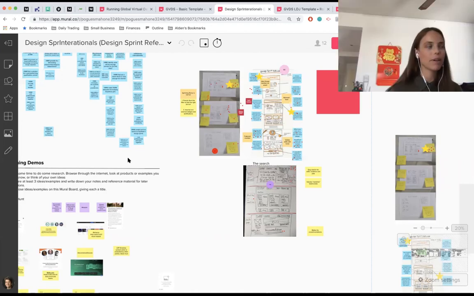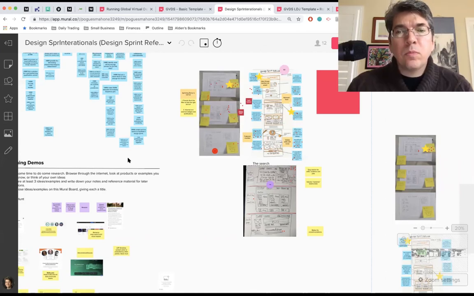But besides using a webcam, I would say giving everyone access to actually contribute their own ideas, be able to see their ideas up there, be able to interact with other people's ideas, being able to prioritize, move the sticky notes around. I think all of those are things that help increase the engagement by creating these almost like games that people can interact with throughout the session, so that they don't just participate in a more passive way, which is something that you can do very well with Mural.